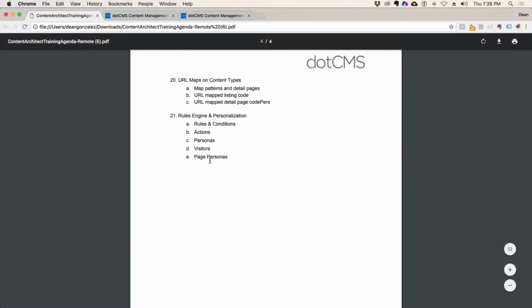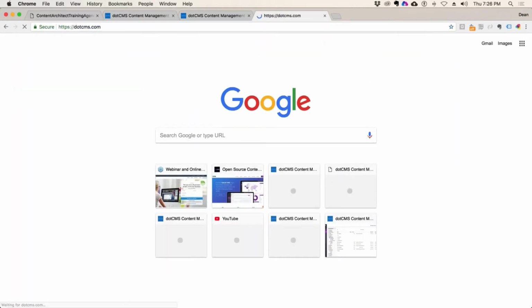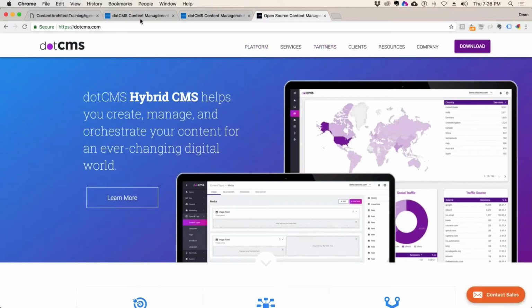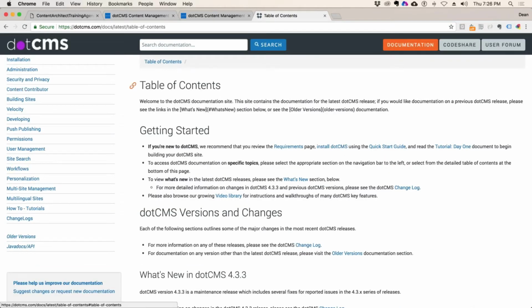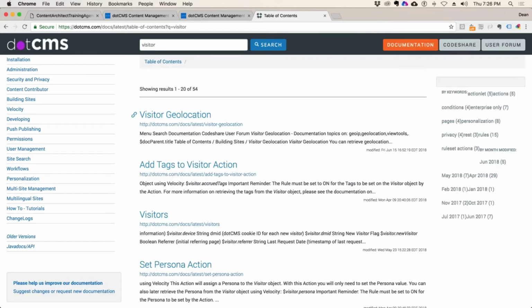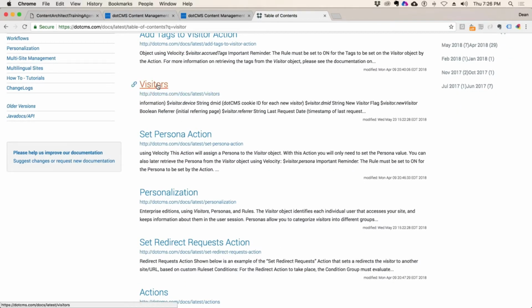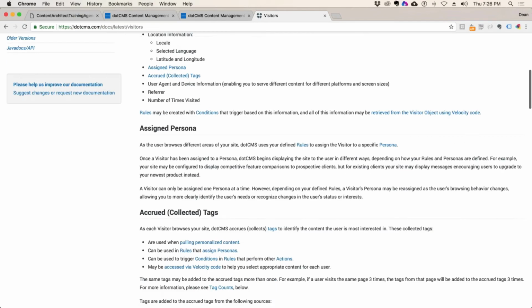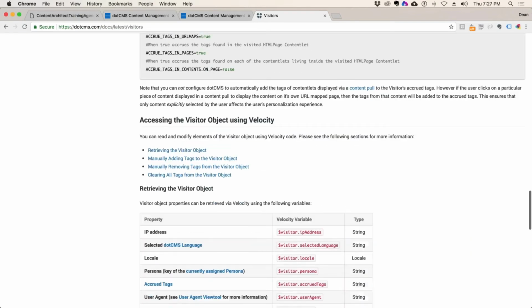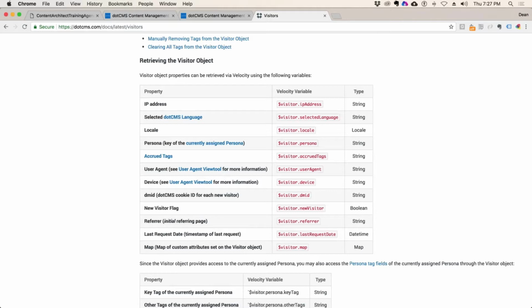And I do believe that that's it, other than covering that in Web Developer. We also, how do you get the visitor object? How do you find that? And here in our documentation, we do have, just hit visitor, and that's visitor geolocation, visitors. And down here, there's a chart. Yeah. You can literally just do this on your page,